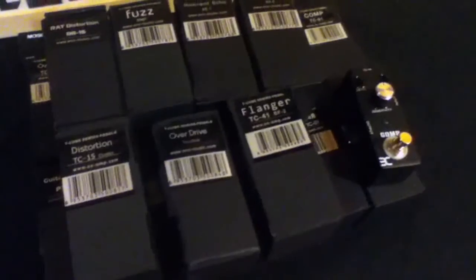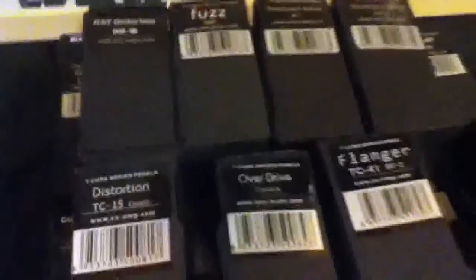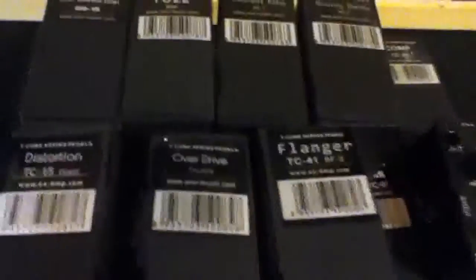Eno. It's got in a boatload of Eno. Ooh, got some new stuff, some replacement stuff, power supply stuff, their new cables. Whoa, cables, stay there. Yeah, just a bunch of stuff. So, and I got some new pedals in here, like the flanger and stuff, that I'm going to show off